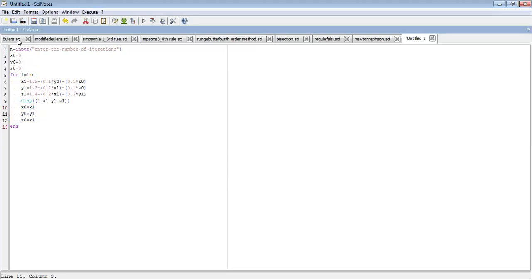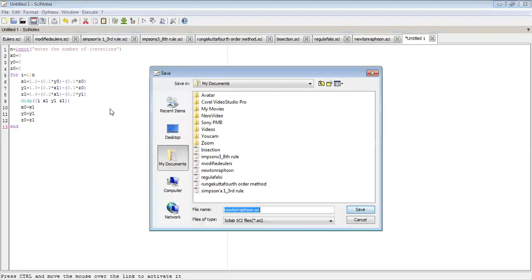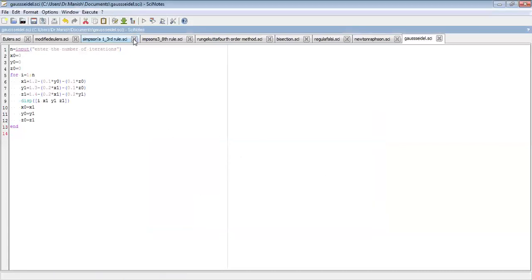So we'll save this first. This is Gauss Seidel, GaussSeidel dot sci. Now we'll execute this and see the console.